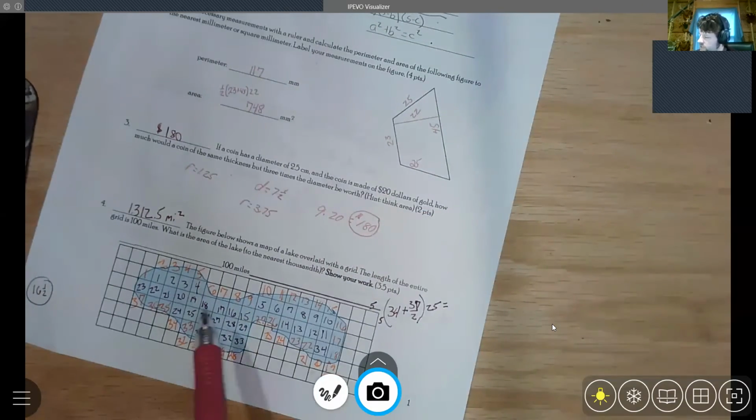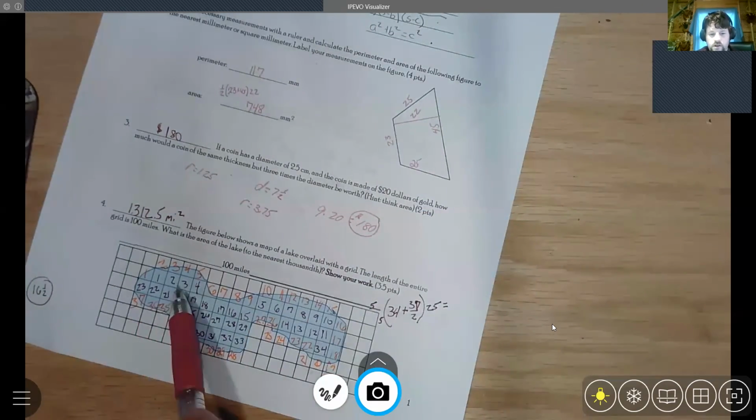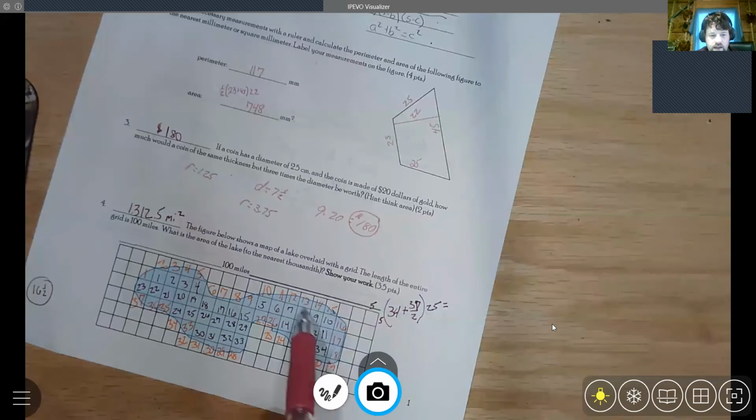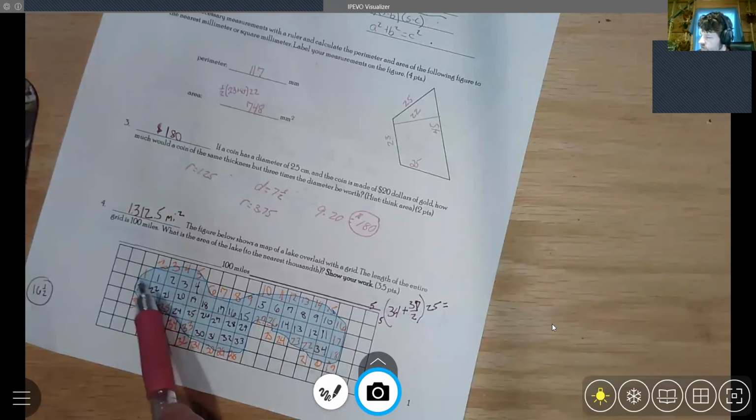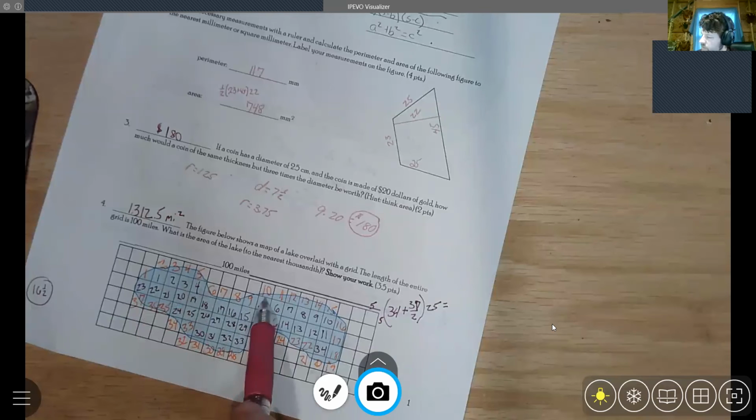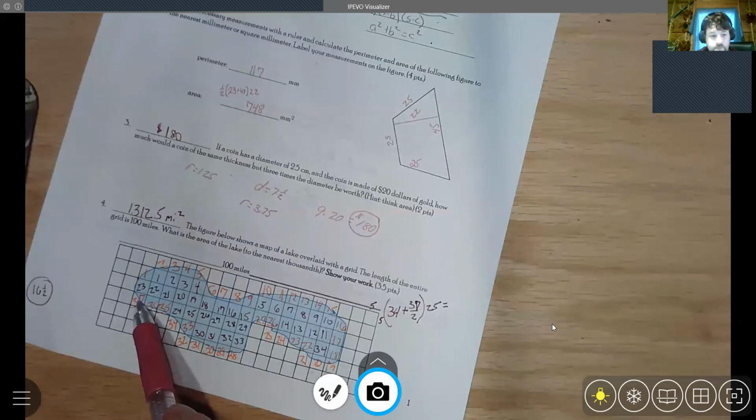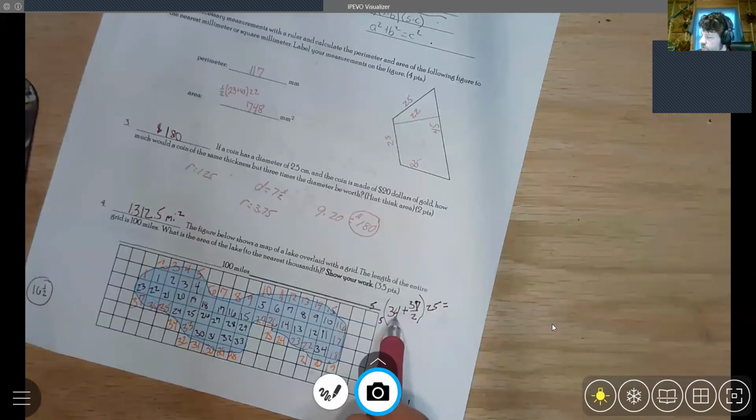Then this one here, you see I used the burgundy colored pen to add up how many were completely full, and I got 34. And then I used the orange to see how many were partially filled, and I got 37. Your numbers could be a little different, right? This is an estimate. So here's your formula: full plus partially filled over 2,